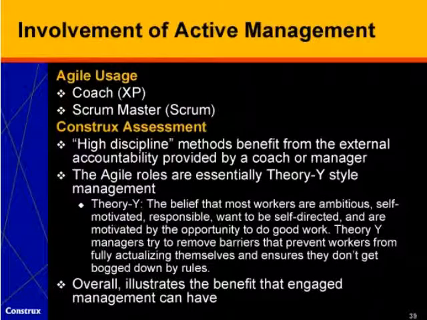Another practice that we have seen in a very interesting way, especially considering some of the early writings in Agile, is involvement of active management. We see this in the role of coach in extreme programming or Scrum Master in Scrum. And I think the point here is that there are some approaches that are known as high discipline approaches. And what high discipline means is that without external accountability, people tend to fall away from high discipline approaches. And it doesn't even matter whether they agree with the approaches. Even if they agree with the approaches and are bought into them with high discipline approaches, they may still have a tendency to fall away from them. And it really helps to have external accountability provided by a coach or manager when you're using high discipline approaches.